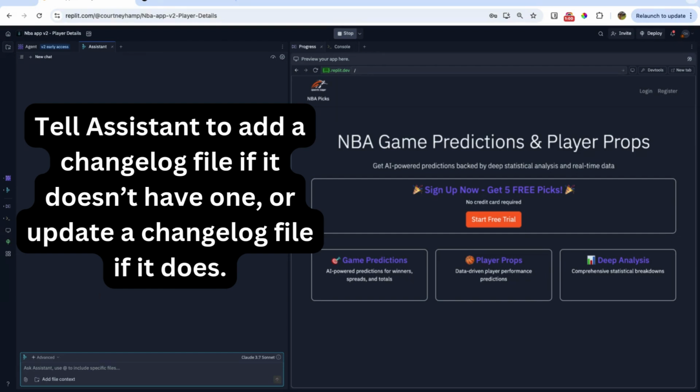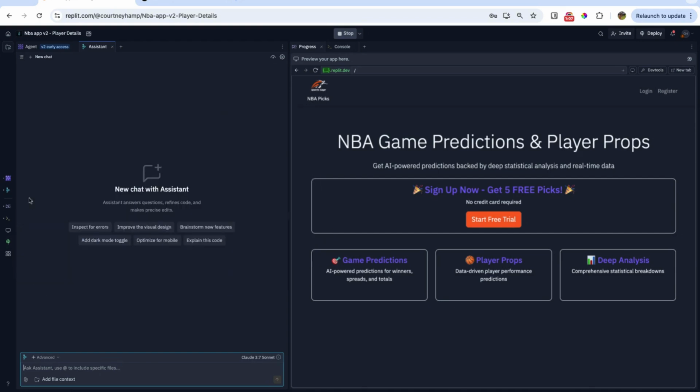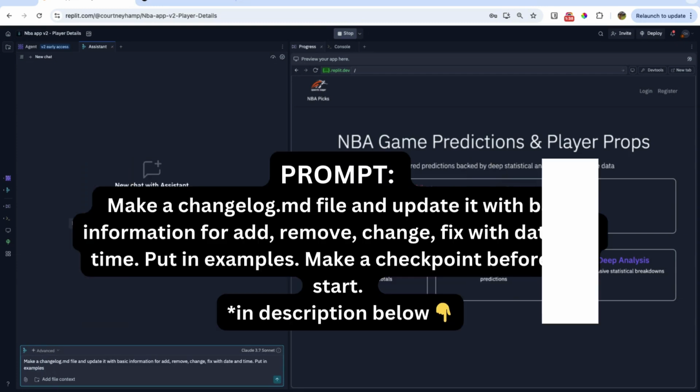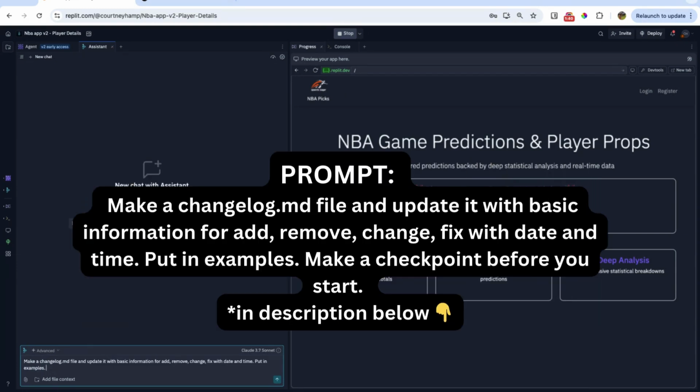And the way I like to do that is to tell it to add a changelog file if you don't have one, or update a changelog file. For the sake of this application demo, I've removed the changelog file in this app, so we're going to tell it to do that. There we go. And we're also going to say